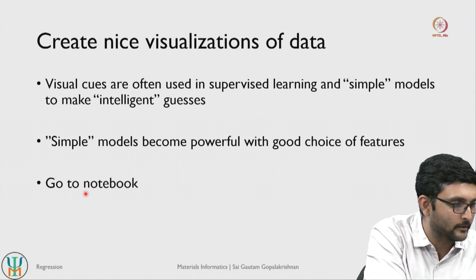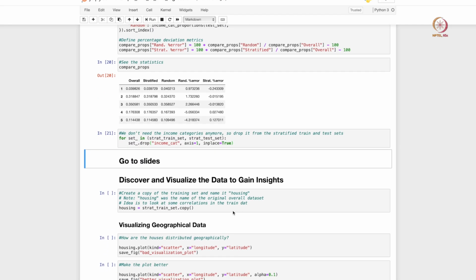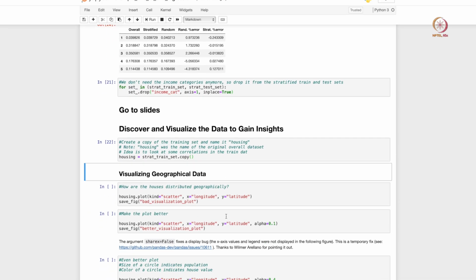Let us get back to the notebook. Okay, so first I am going to create a copy of my training data set. I am going to visualize only the training data set and not the test set, because I do not want to unfairly bias myself on how the test set is distributed. That is moderately cheating. We want the test set to be completely separate, and we do not want to bias our construction of the model on the test set. So we are going to look entirely at the training set, visualize the data and see what parameters and features could be important.